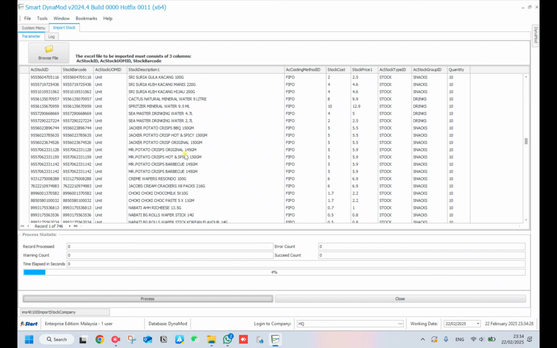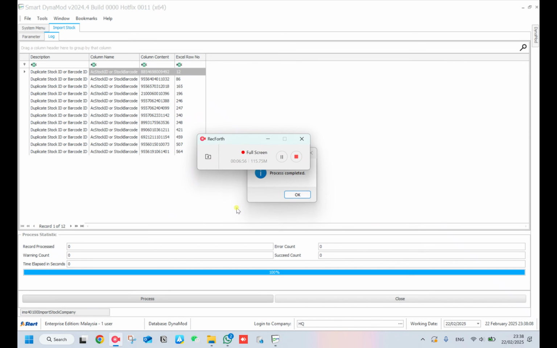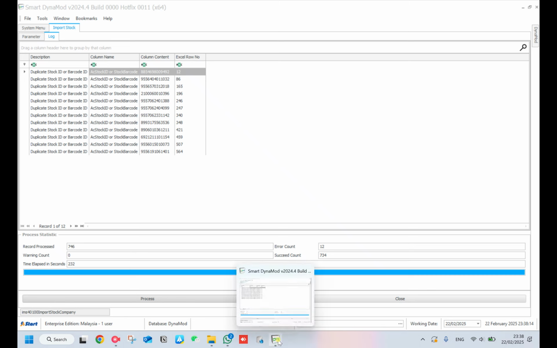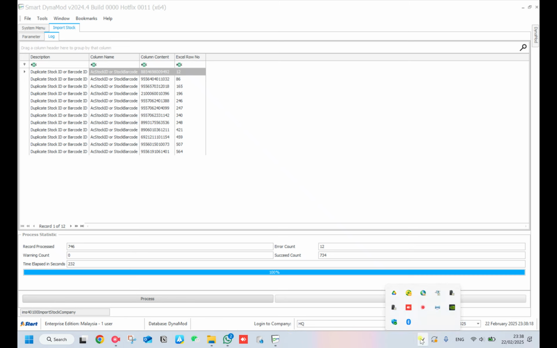Okay, so just give a moment because I think there are more than 700 items here. So now the thing is running. Alright, so I just pause the video for a while. So now the process is complete already, just click OK. Actually it's done. So without you doing anything, the front end will show, but of course we don't synchronize